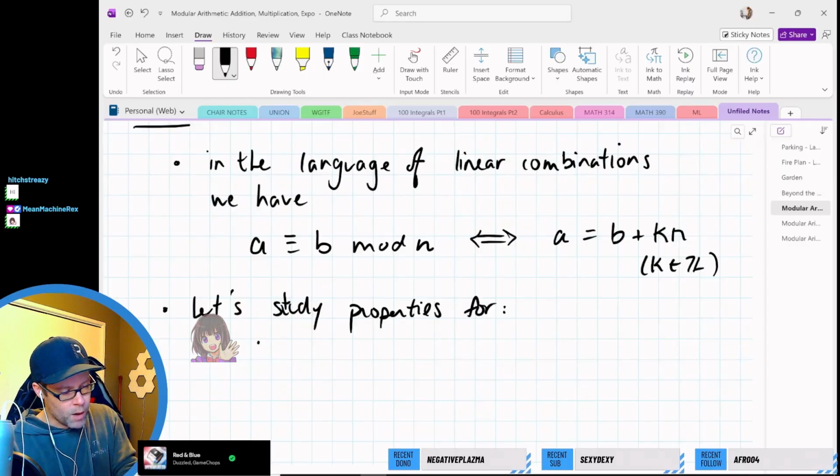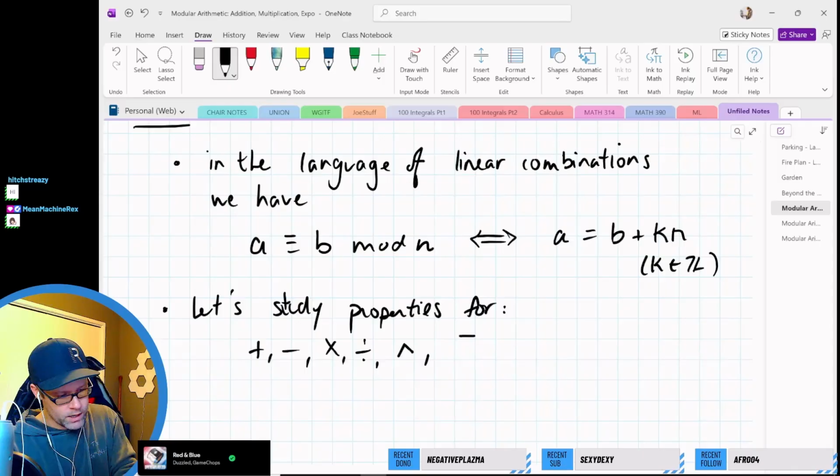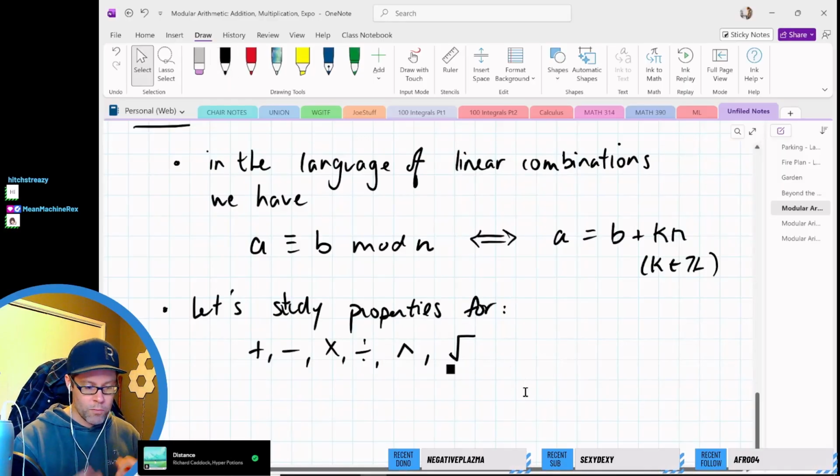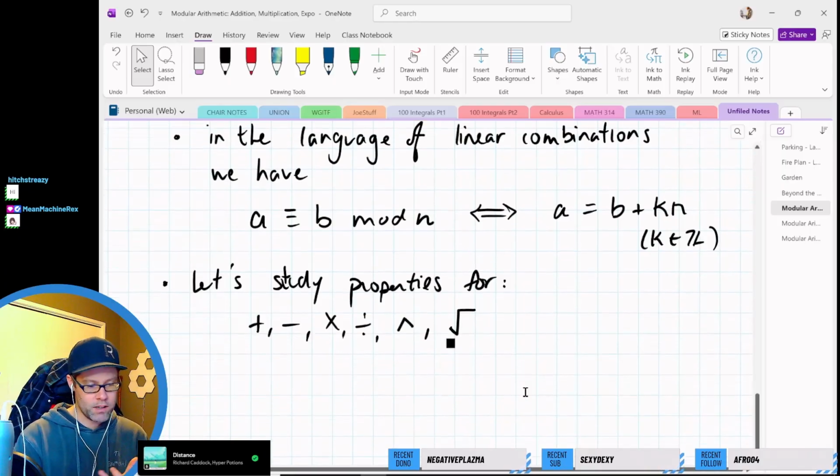So we want to study properties maybe for addition, subtraction, multiplication, division, I don't know, exponentiation, taking roots. All of these seem like natural things to want to talk about because we're working with integer numbers, and we know how to do this with integer numbers already, right? So maybe we can extend some of these properties, or maybe by extending some of this stuff, we'll find something